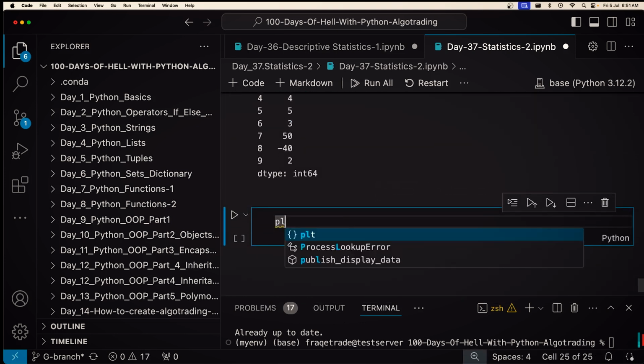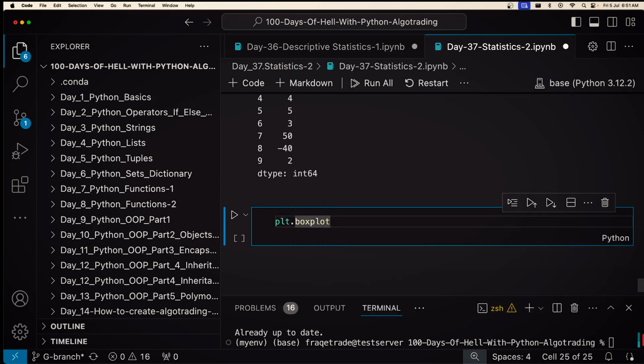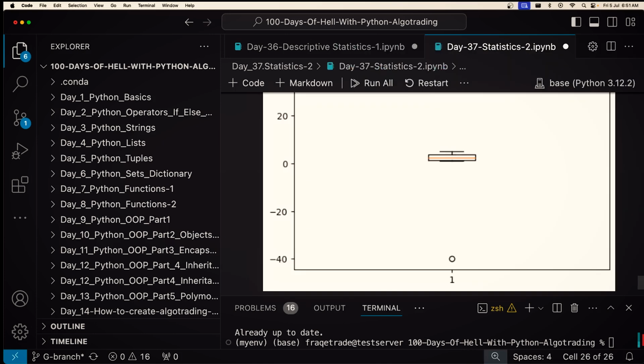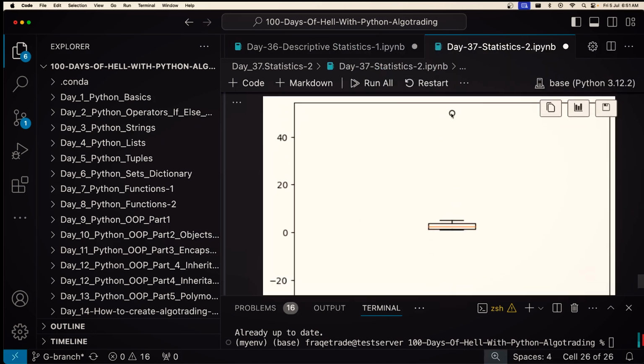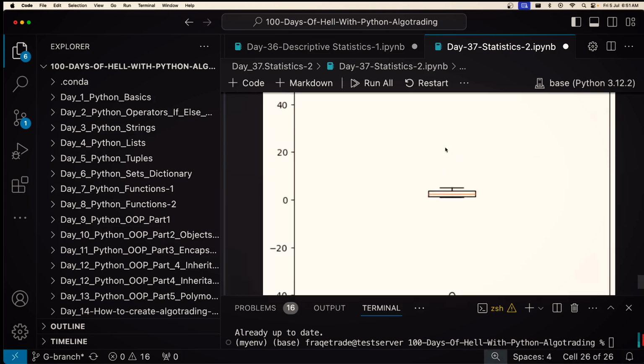So I'll write plt.boxplot, and here I can pass the series, and when I run this, you will see the box plot. And you can see here the positive 50 is an outlier, and also the negative 40 is an outlier, and the box plot is here, and here you can see the maximum, the minimum, and the median.